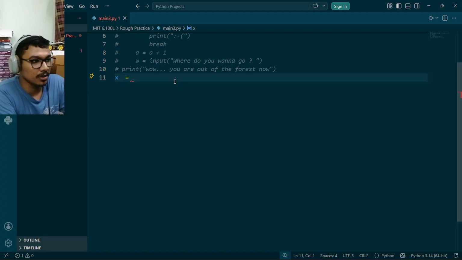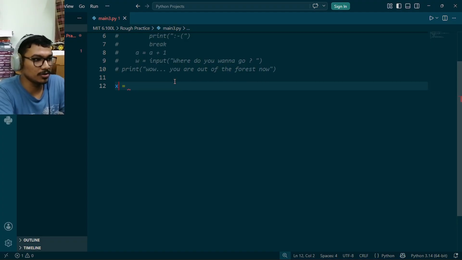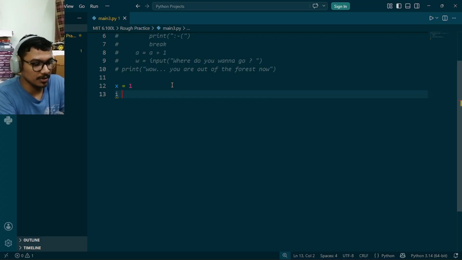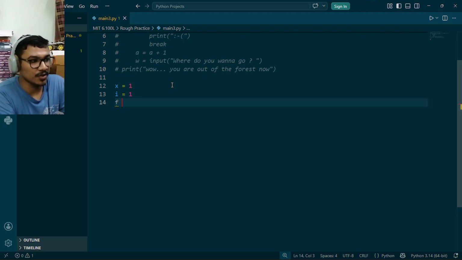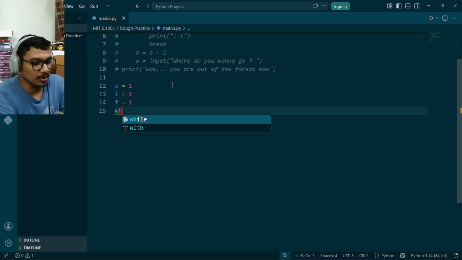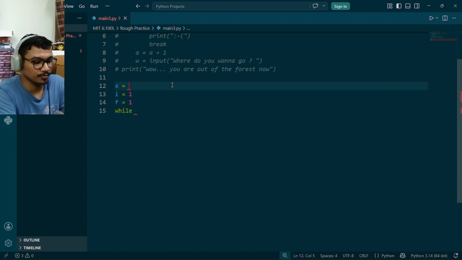So x equals 1, and the i, which is the loop variable, equals 1, and factorial, f, is also 1. So while, no, let's say we need the factorial for 5. So while i is less than or equal to x,